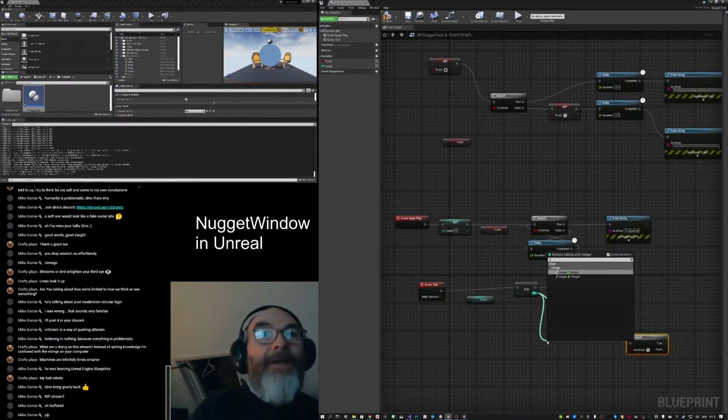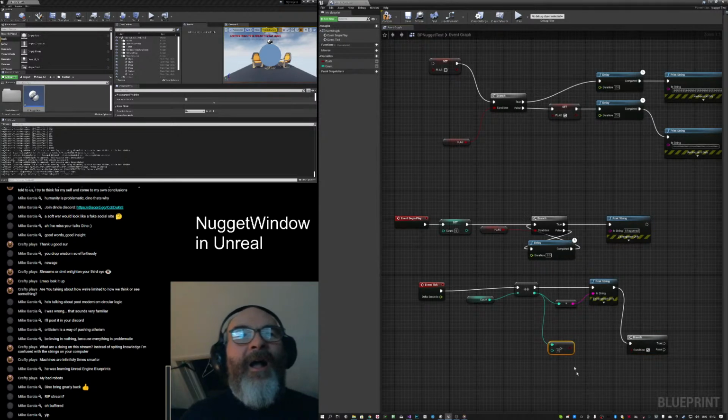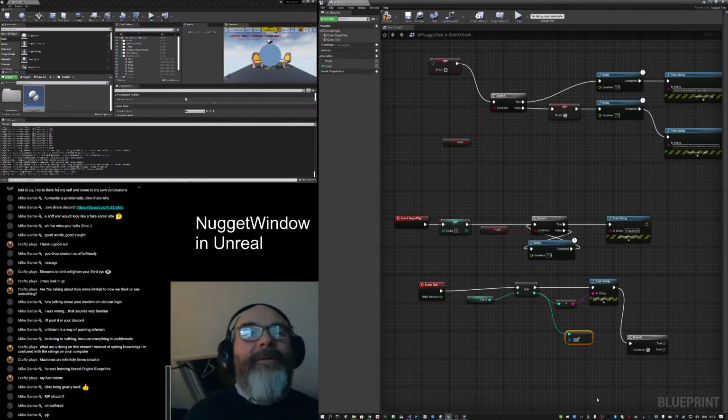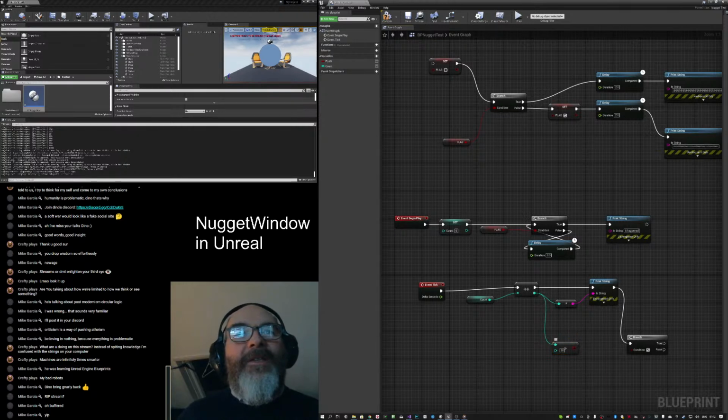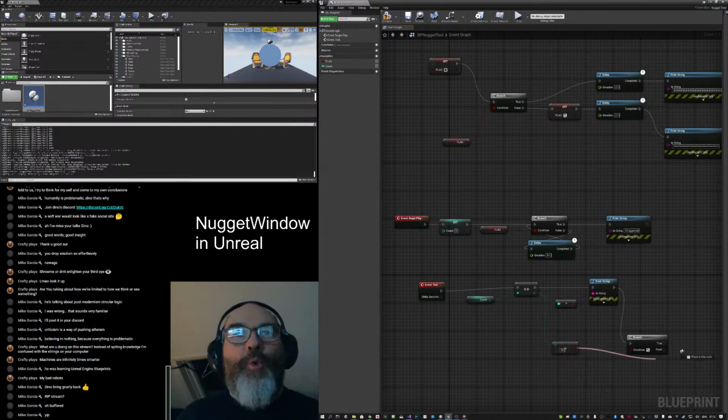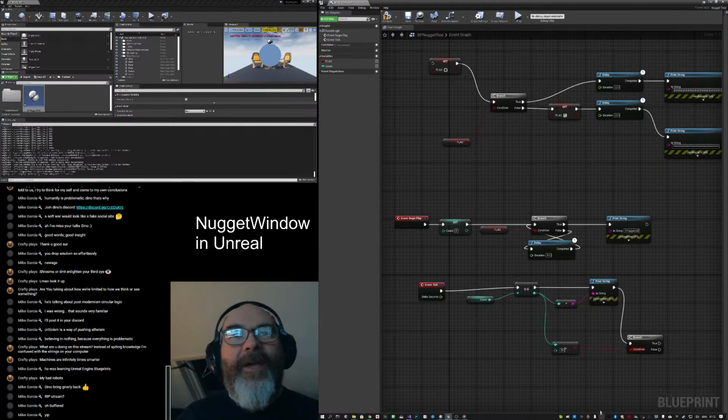Like maybe I can do this. Integer greater than integer. All right, and the integer is greater than 20. It becomes greater than 20. This becomes true. And when this becomes true,